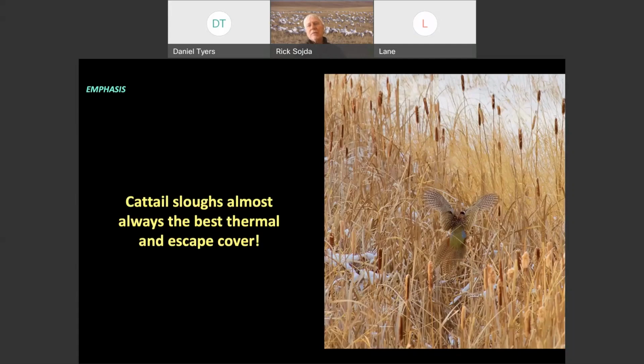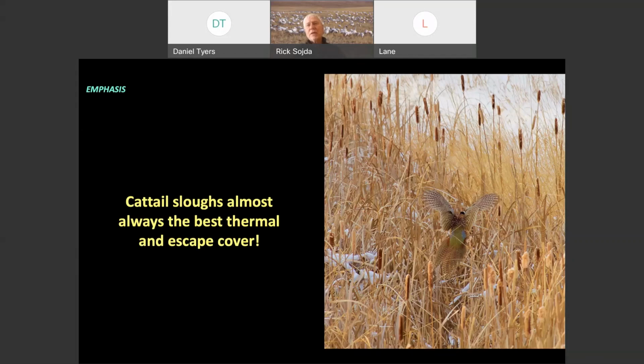When I did my radio telemetry study on pheasants in northwestern Iowa and in prairie pothole country there, I was working in large cattail sloughs, 1,000-acre, 1,200-acre, 800-acre sloughs. And those radioed birds never left those sloughs for the course of the winter. Even though this is Iowa and there's all kinds of corn and soybeans around these sloughs, they were